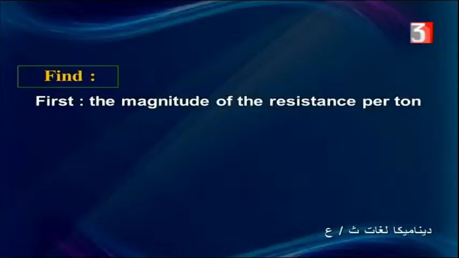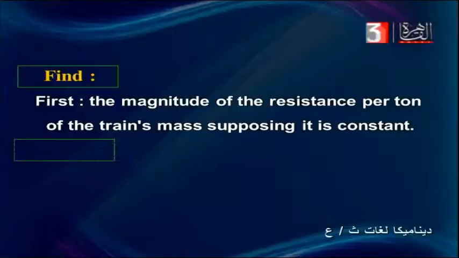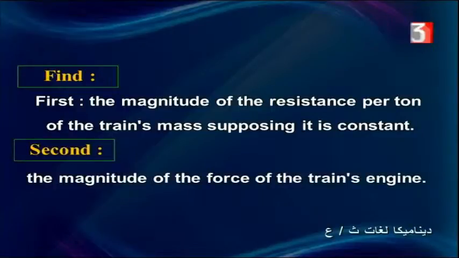Find, first, the magnitude of the resistance per ton of the train's mass, supposing it is constant. Second, the magnitude of the force of the train's engine. And the third required,